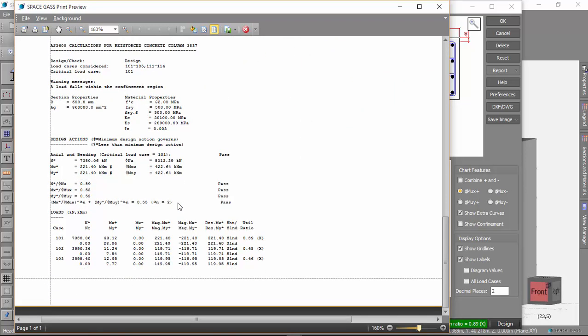And then further down it gives you the detailed calculations showing the governing design actions, the critical load case, which is 101, some of the ratios of the design action to the capacity and whether they pass or fail, the loads, and these include the magnification factors, and then over on this side